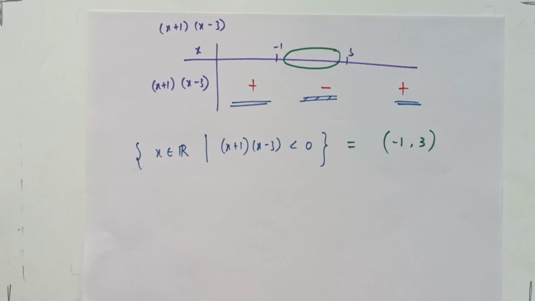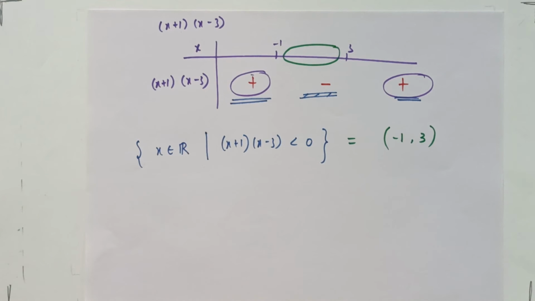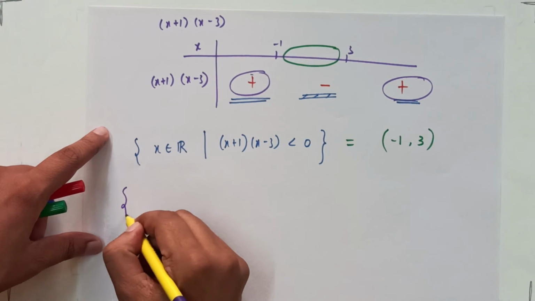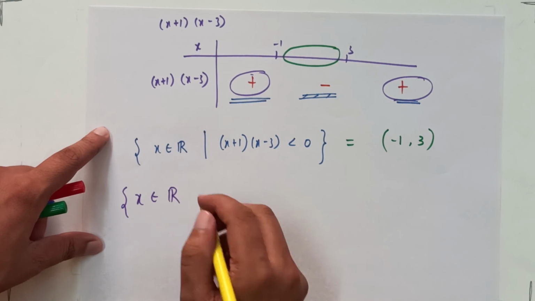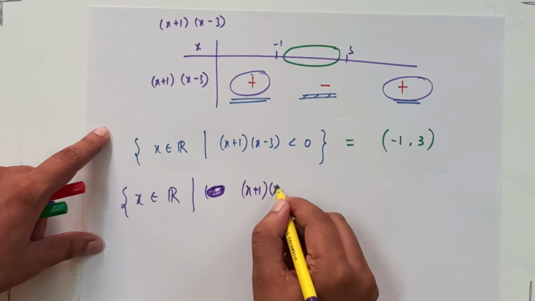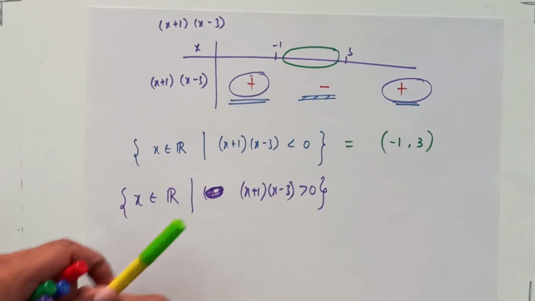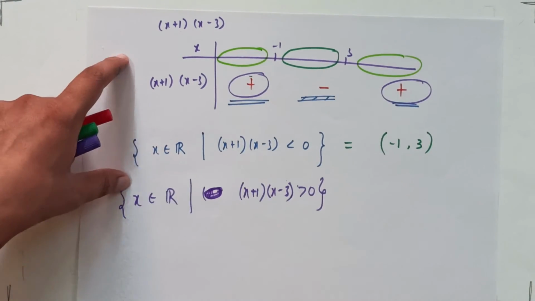Now moving forward, what if I have to write the interval notations for these two particular regions where our inequality is greater than 0? In set notation I will usually write x is an element of R such that x plus 1, x minus 3 is greater than 0. Now this is the set notation, and it is a bit confusing way to write, but if we try to do it in interval notation, it will be quite easy. So what we have to do here, let me change my pen, we have to cover this region and this region in terms of interval notation.